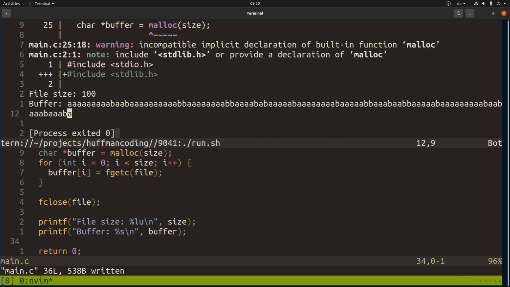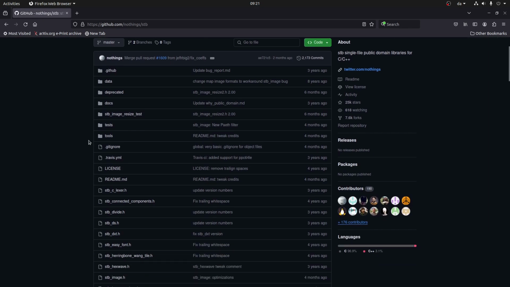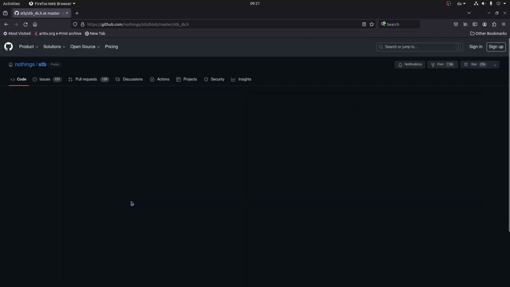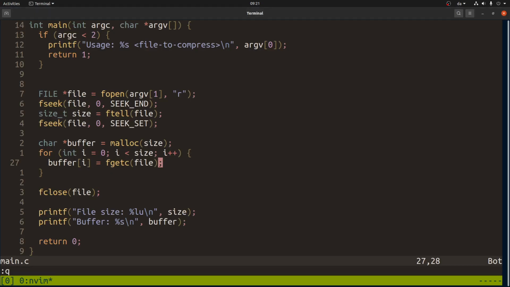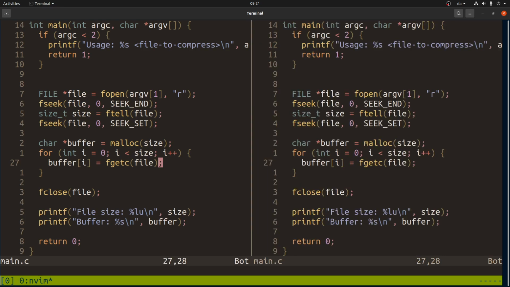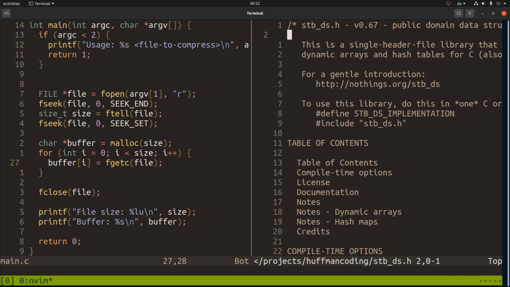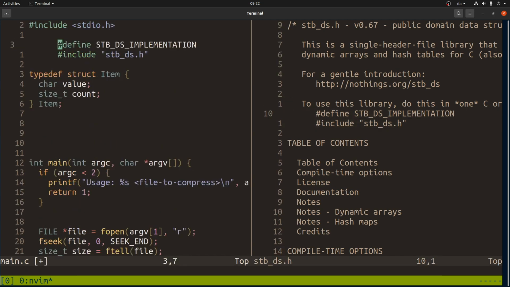Okay, so now we get all the contents, and actually maybe this is a bit redundant. So what we should do is have some kind of hash map. So I'm going to be using STB. So we can just get that one and go here. And that should get it. So now we have this STB thing. So let's go ahead and include that,